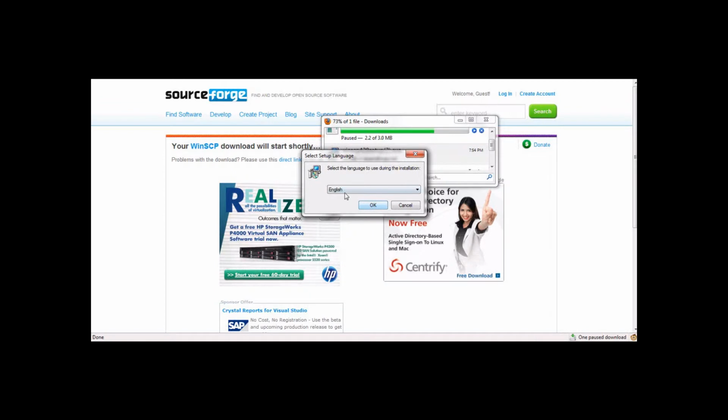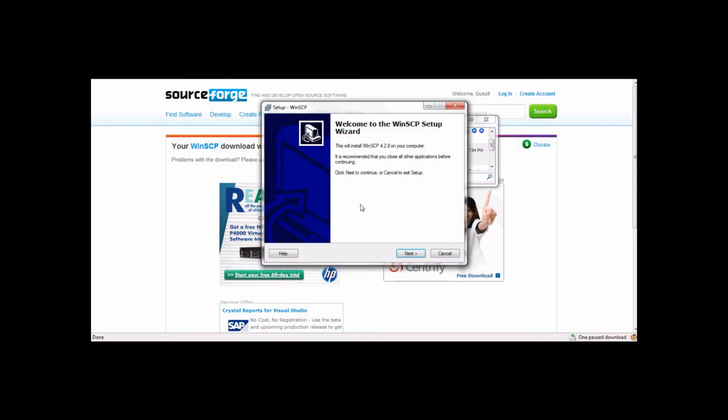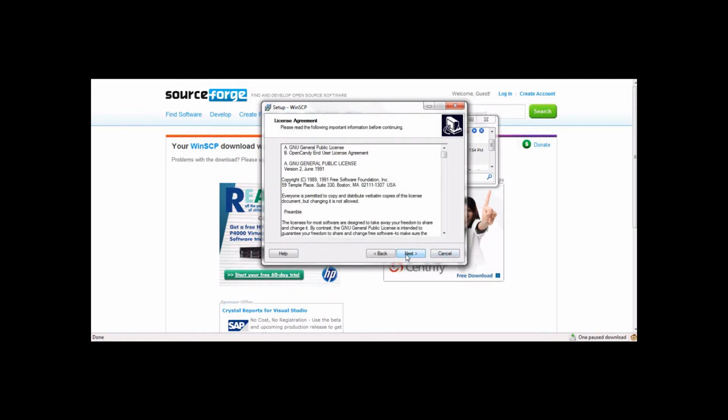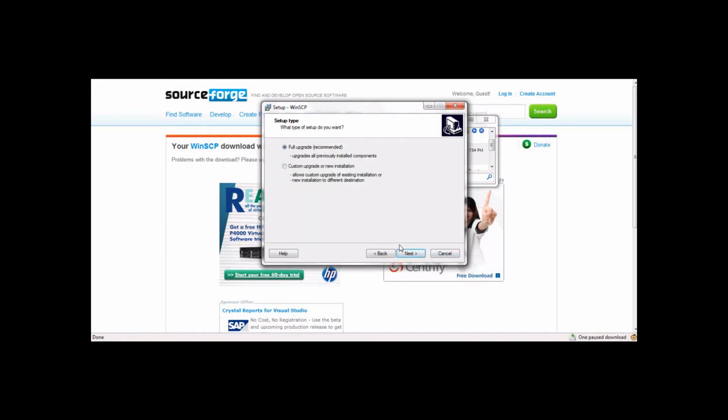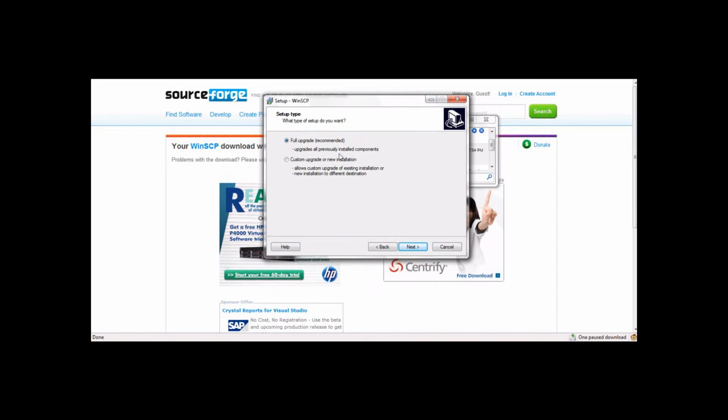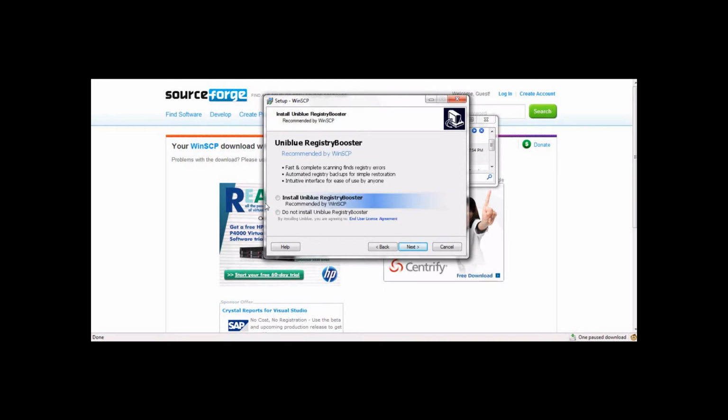and then choose your language, which in my case will be English, and then hit OK. Then click next again. You can choose here. I recommend going with the full upgrade just because it's faster and it should have everything you need. If you don't want to include something, you can go ahead and use the custom. But once you've done that, click next, and then